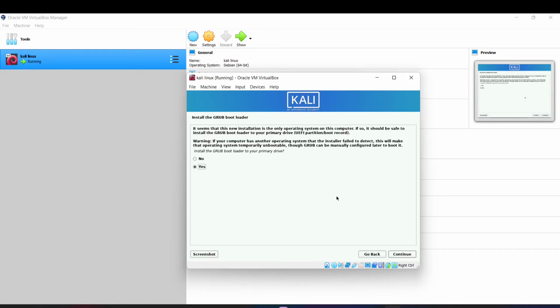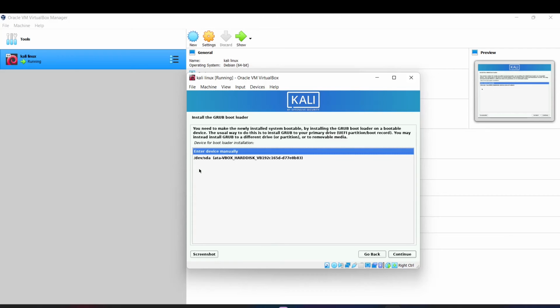Right, we can see the installation of the grub bootloader. Now we need to click on yes, because it is asking whether you want to install grub on your 30 GB VirtualBox hard disk, which we allocated to VirtualBox. It is asking if it is okay to install the grub bootloader onto your drive. So we click yes and press enter.